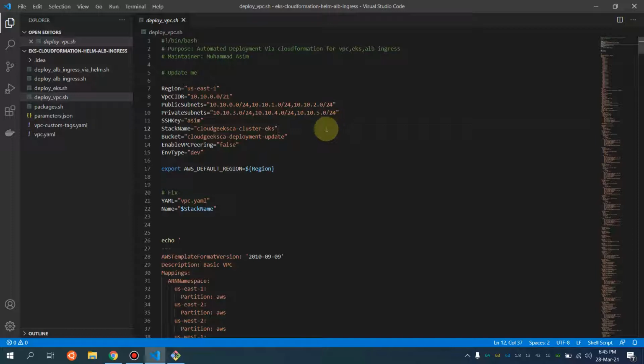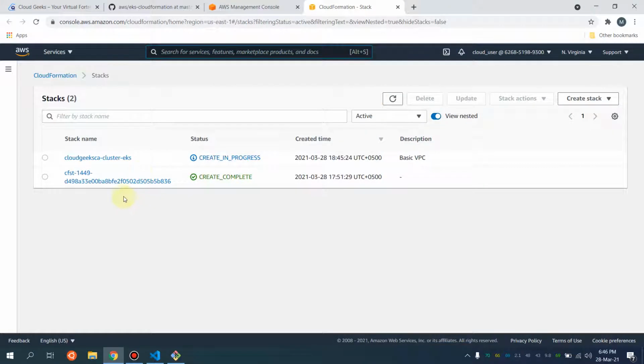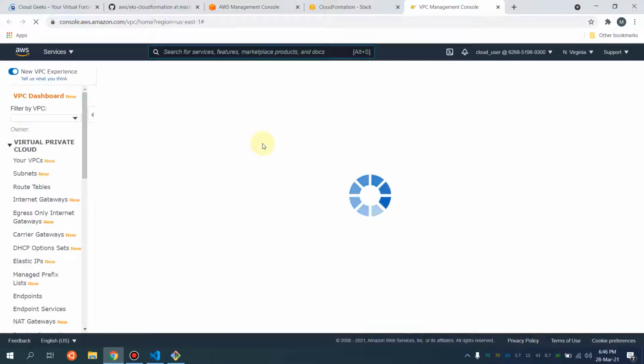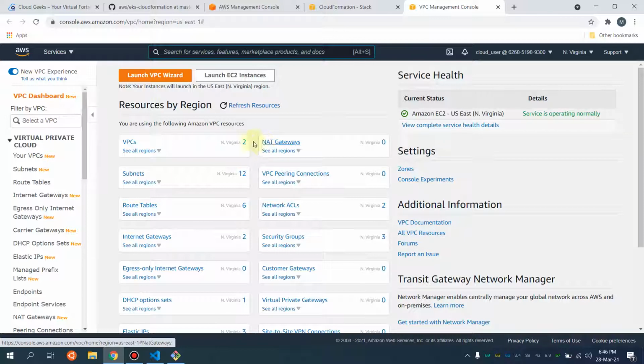This is the same name through which it is going to create that particular stack. And in this stack, let me show you that I am also creating 3 NAT gateways for high availability. And if you navigate to the VPC section, in this particular VPC we are going to deploy our EKS cluster.